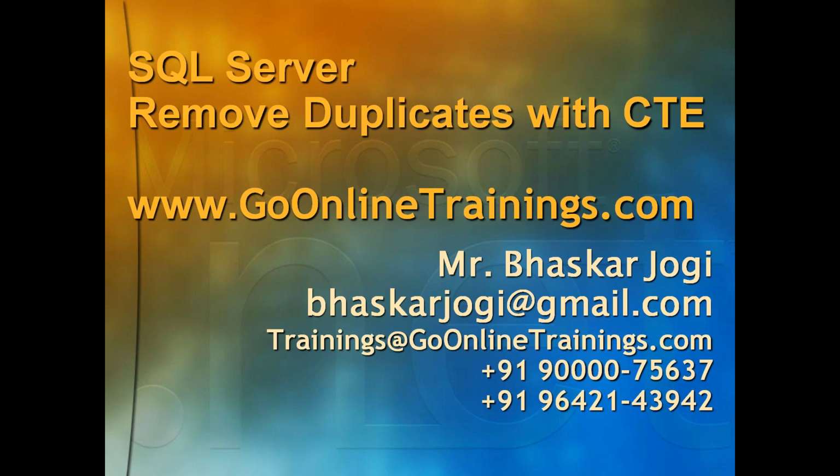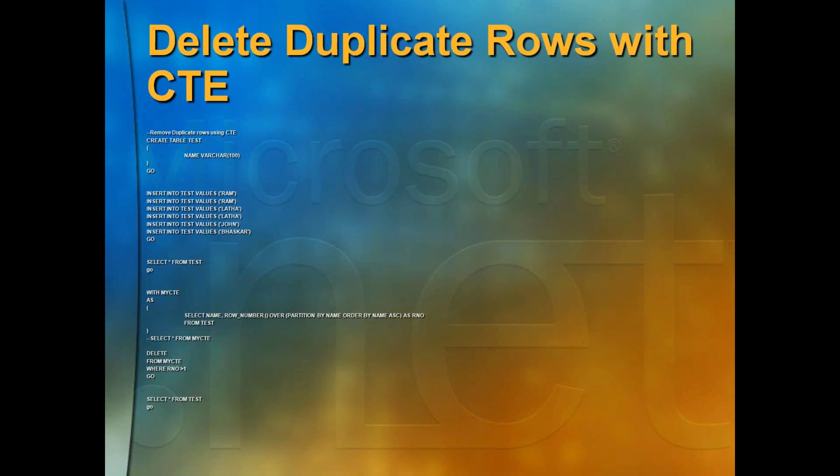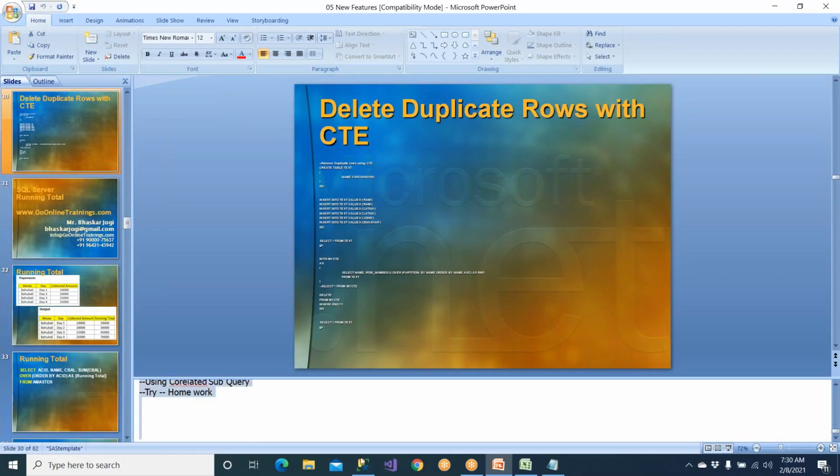So there is one more question people are going to be asking you. Now you know how to write it. CTE writing is very, very simple: with CTE name as, open the bracket, close the bracket. Now to remove duplicated data, we can use CTE very, very easily. This is also in all the questions, people would ask you, how do you remove duplicated data? Okay, so you can use CTE or you can use your own logic. But I want to tell you a simple logic using this table. So how can we remove a